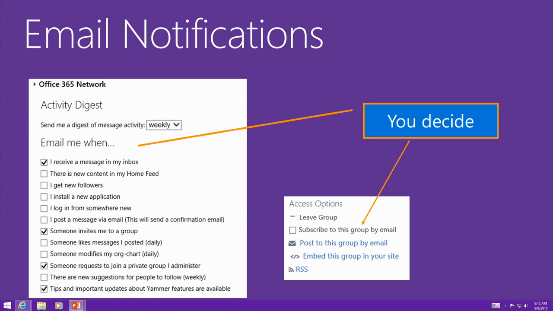And then you'll see in the different groups how you can also control the email that you subscribe to. So if there's a group that I'm interested in and I just joined, maybe I'm not quite in the habit of checking that group, I might subscribe to it in email, and then once I'm acclimated and I have the habit built where I'm going to check that group, I might not want that email anymore. I can turn that off.